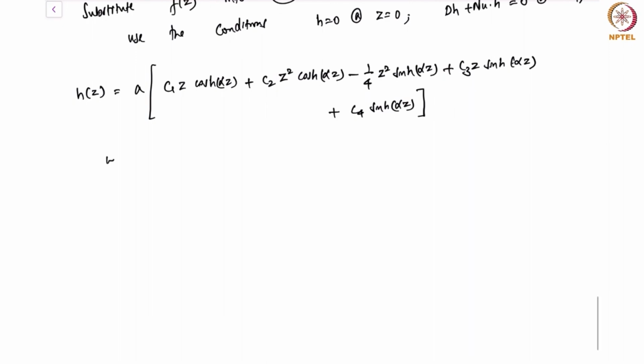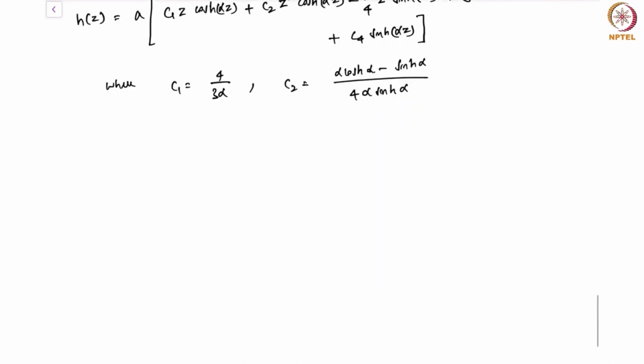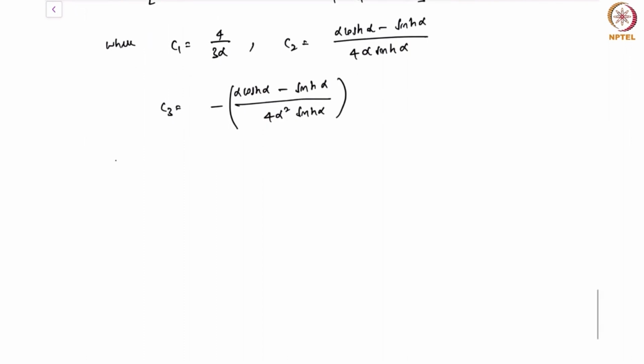We'll write down the expressions for the 4 constants, where constant c1 will be 4 by 3 alpha, constant c2 will be alpha cos h of alpha minus sin h of alpha divided by 4 alpha sin h of alpha, c3 will be h of alpha divided by 4 alpha square sin h of alpha, and c4 will be minus alpha square cos h square of alpha plus alpha sin h of alpha cos h of alpha